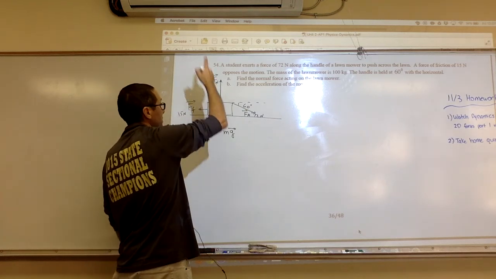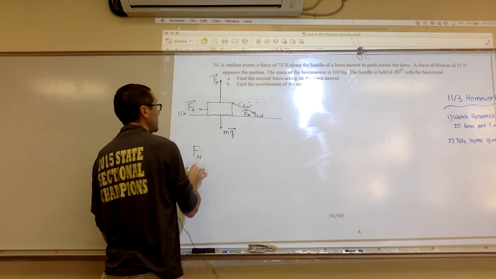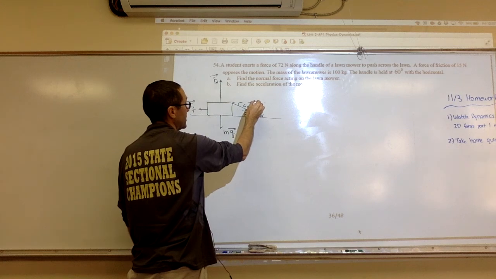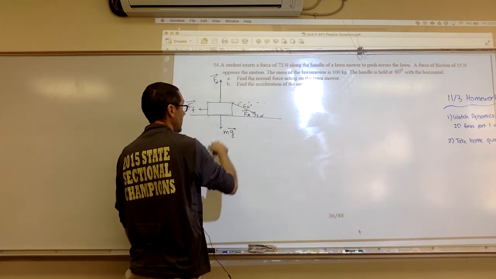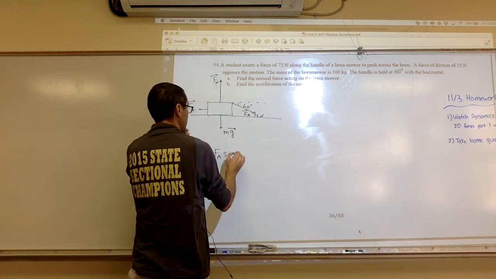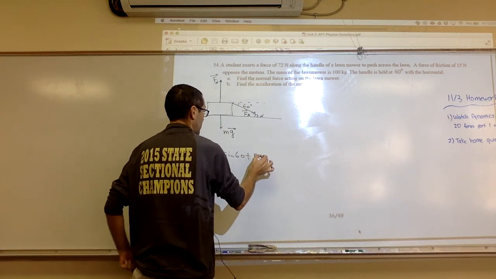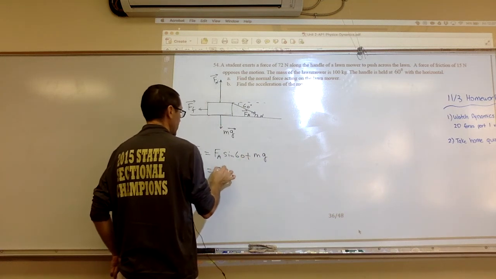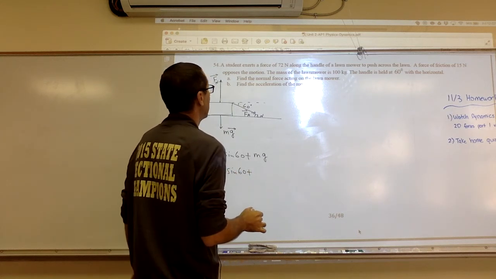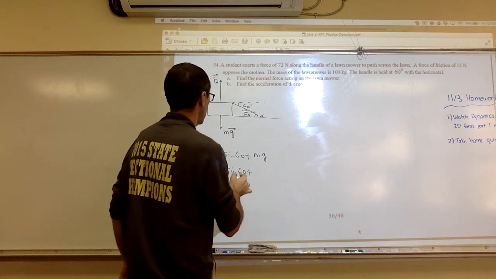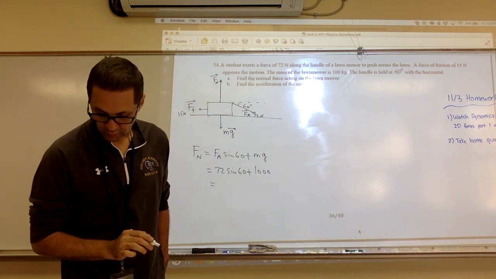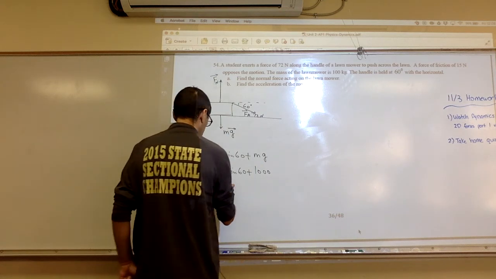So to find the normal force, I have to work in the y direction. So Fn is the only force acting up equals, now this Fa is going right and down. So that's equal to the down now. So that's Fa sine of 60 plus mg. So that's 72 sine of 60 plus, now the mass is 100, so plus 1,000, and we should get 1062.35